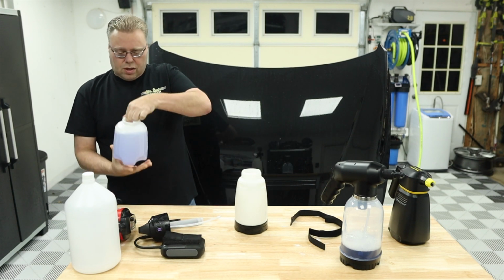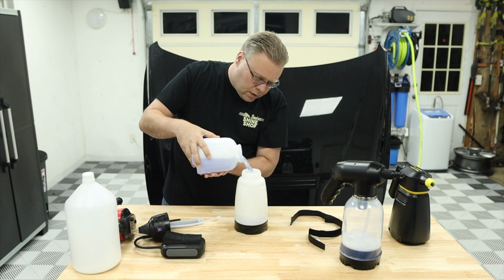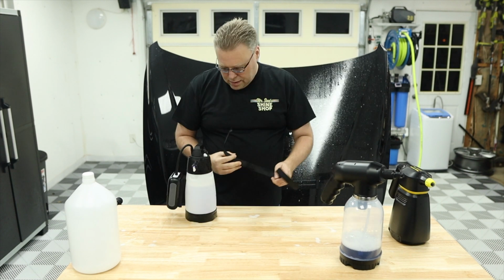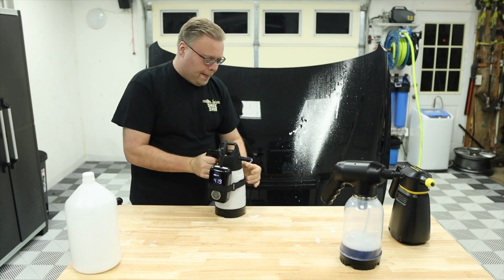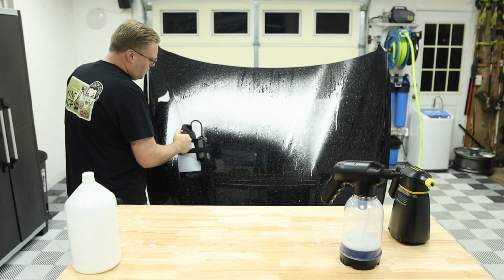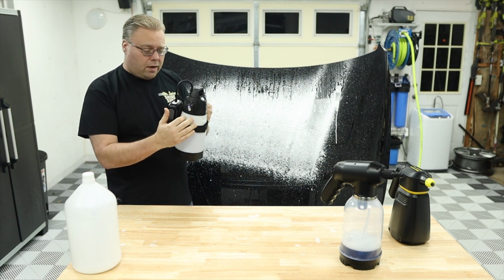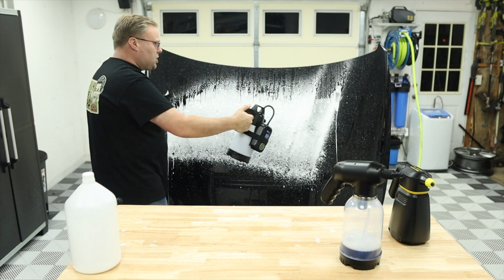You know what? We'll just take all this really diluted solution and give the IK a slight handicap. Let's secure this so it's not easy to get going. Look at this. Now see how it started to get less because we had tons of liquid in here because we filled it up pretty high. We didn't leave in much air. All I gotta do is turn this on. If I run it, while I'm pushing down,